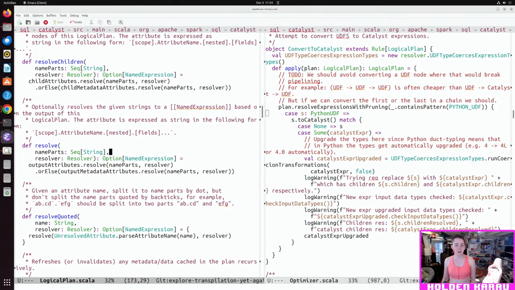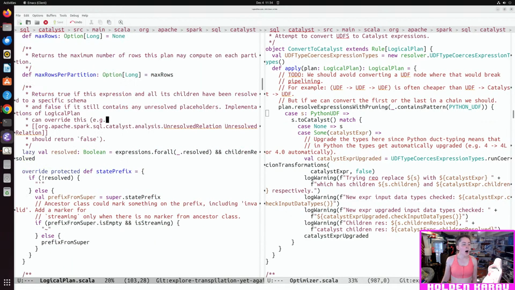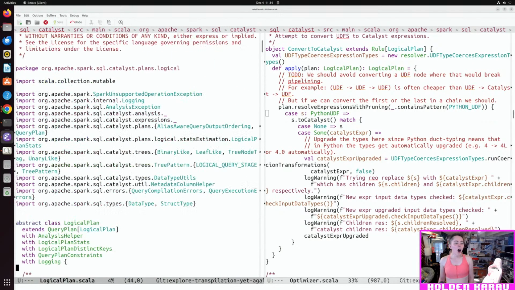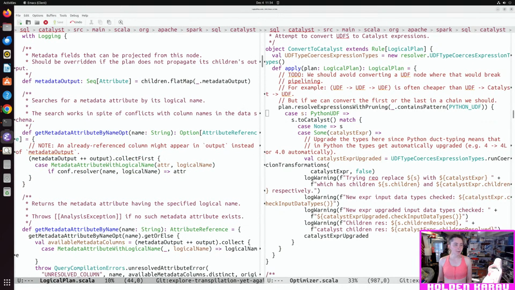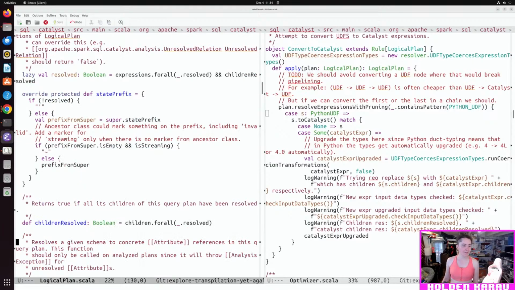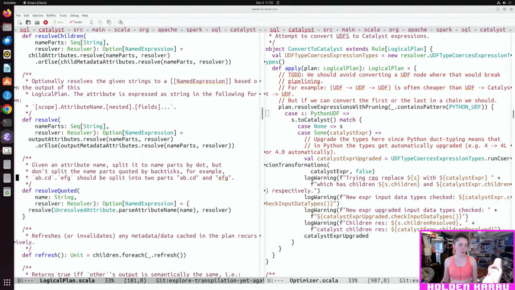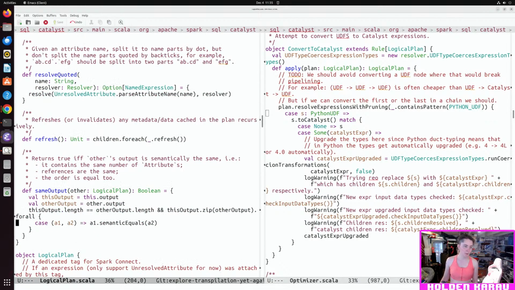Oh, we could have just called logical plan resolve. Maybe. No, whatever. We'll deal with this another time. We've got a logical plan, and we want to do stuff to expressions.